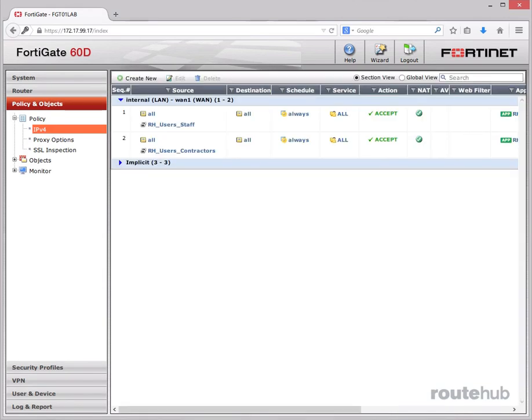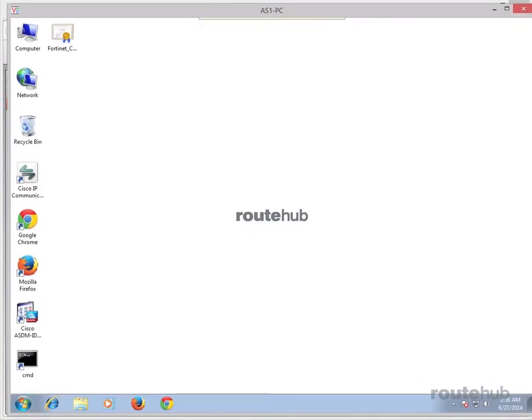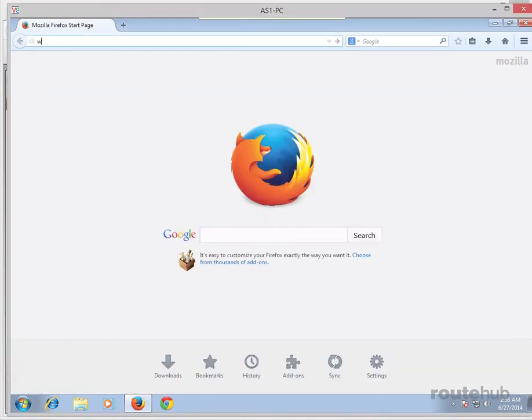Okay, so in that policy, any user who logs in as a contractor while trying to access the internet would not be allowed to play games, access social networking sites, and not access storage backup related applications like Dropbox. For testing, let's go to our user computer who will be a staff user. Now this computer is not added to the domain. So when we launch a web browser, and let's try to access any website,